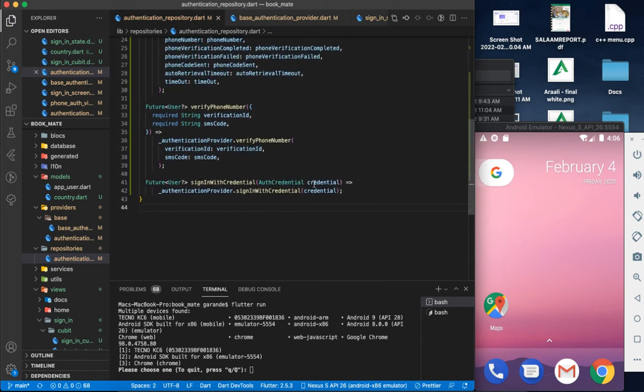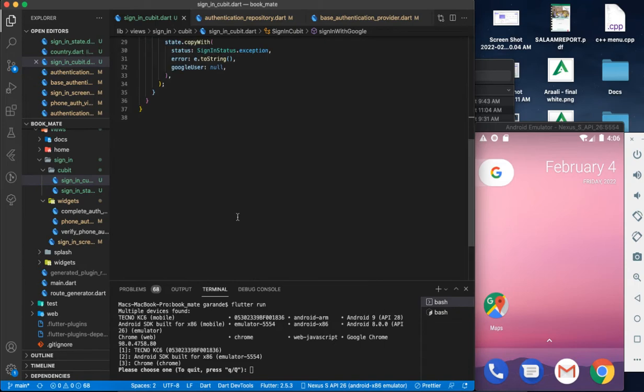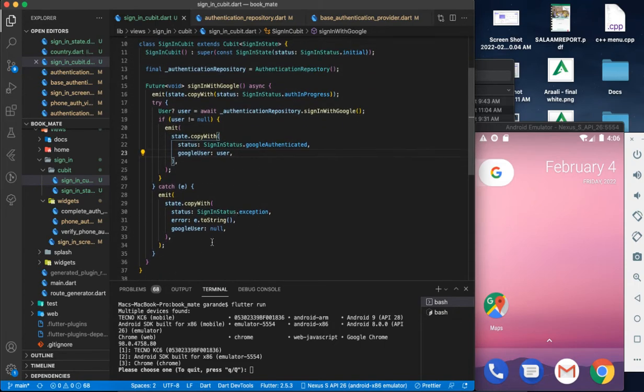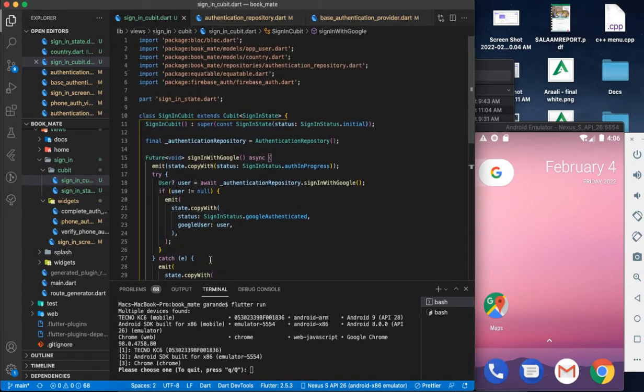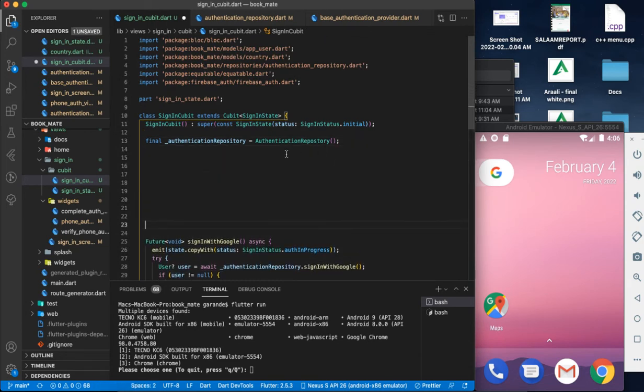So that's set. Once we have that, we can now come back to our SignInCubit, and now we can implement these methods. So before implementing the send OTP, we need to first of all listen to phone number entered. That is a function that is going to be handling the phone number or the entry on change of the phone number. That is going to be void phone number changed,